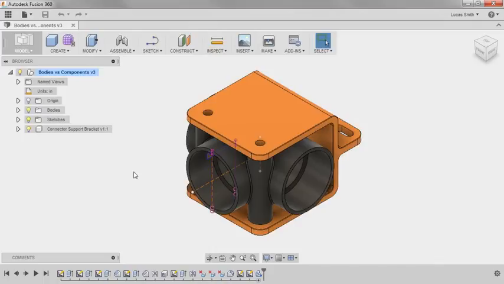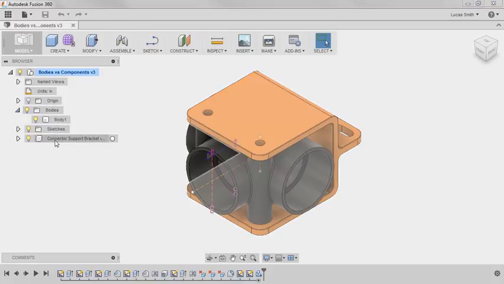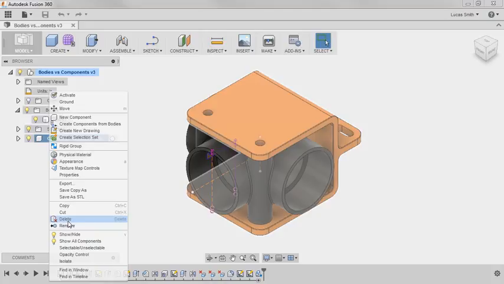Bodies and components are distinguished from one another here in the browser. Currently, this model contains a single body, shown in the Bodies folder, as well as a single component shown below. Each has a different icon. The body has a cylinder icon, and the component has a cube icon. There's one other icon I'd like to point out, the icon for the top-level design. Notice that if I delete the component from the design,